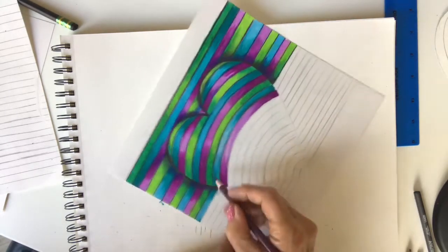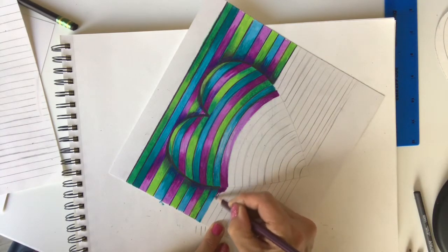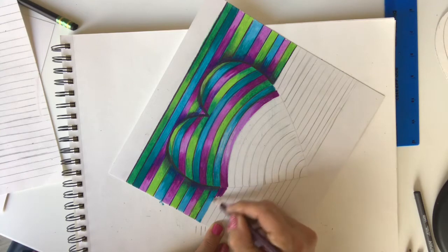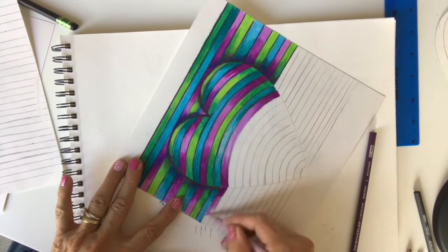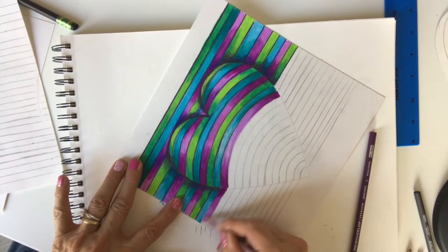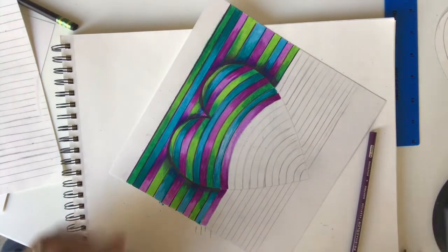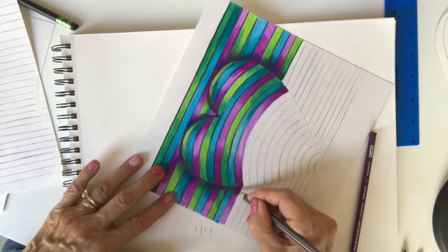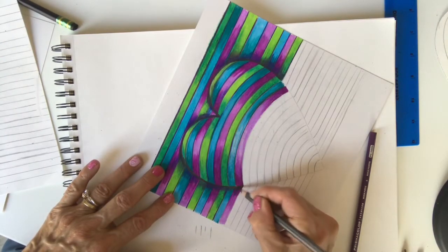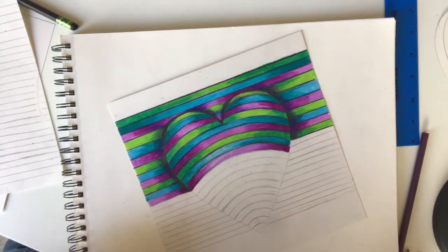Again, I'm going to get down here again. This is going to be the darkest. So I'm going to go super dark, feather it out a little bit lighter, and then pull the other pencil in, get that going all the way to the edge. Now I'm going to take a black pencil to really get that darker in there, so that it looks like it's going to pop a little bit more. Okay, and I would do the same thing on both sides